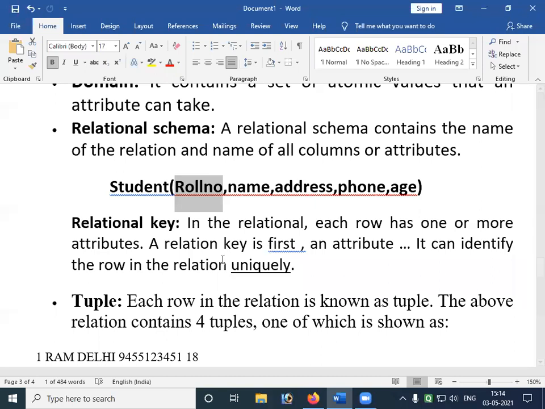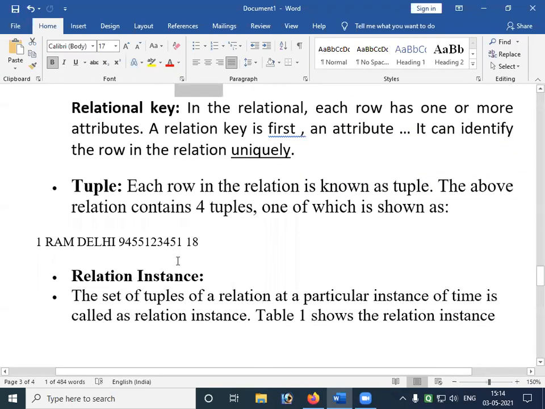Right. Next. Uniquely means that. See, for example, name is not called a relational key. Why? Because if you talk about Kiran, there may be two persons who have the same name, Kiran, or Padma, you can take. There may be 2 or 3 students who have the same name as Padma.